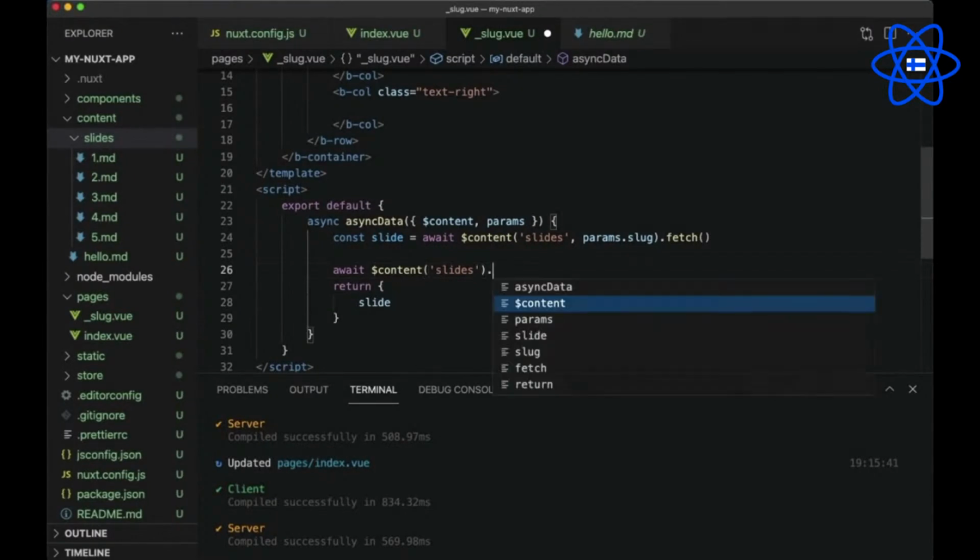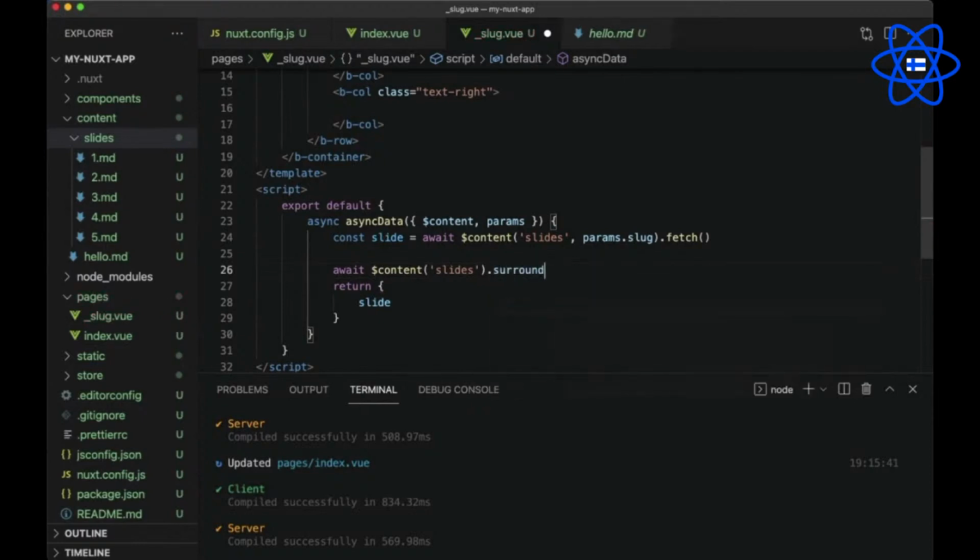After that, the Nuxt content module provides us a very handy set of chainable functions. One of them is called surround. So we're going to write surround, which accepts the active or current params.slug, indicating that we want to fetch one slide before this current item and the one after. We will just follow it up by fetch.